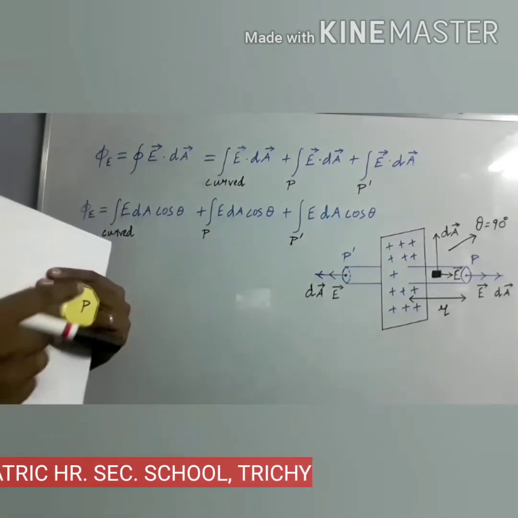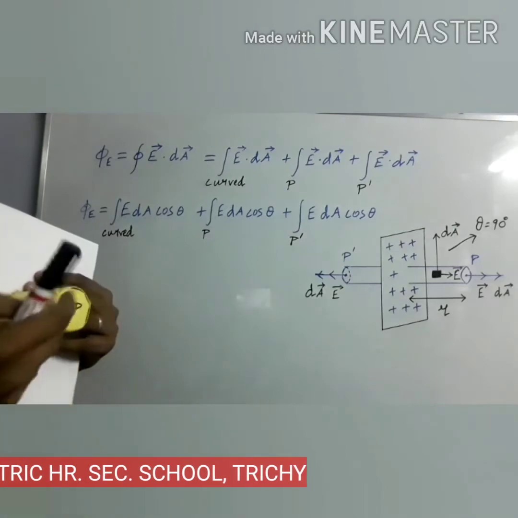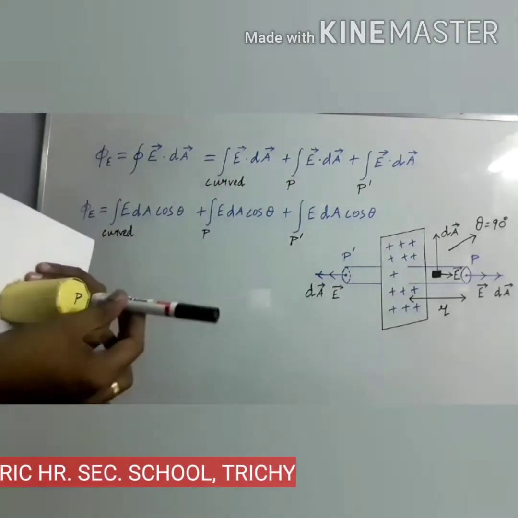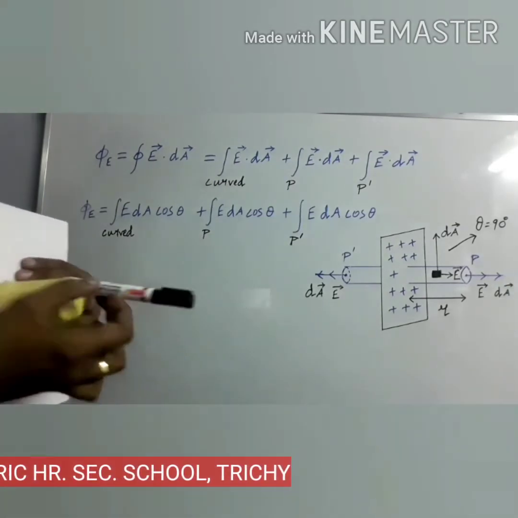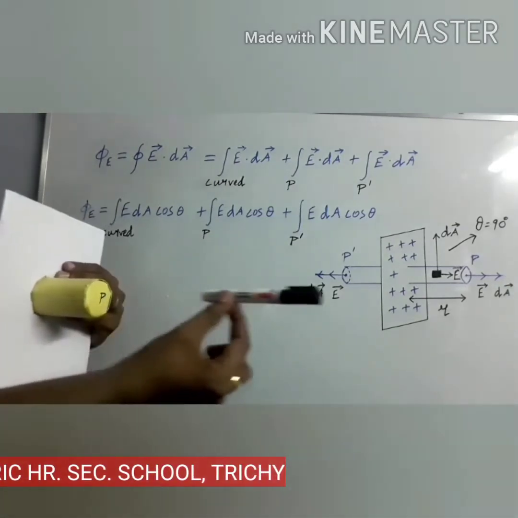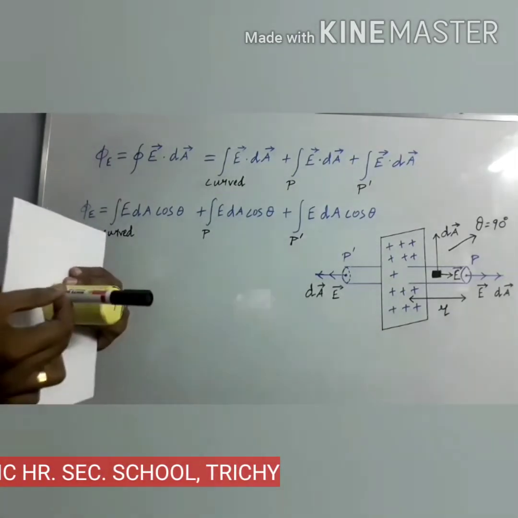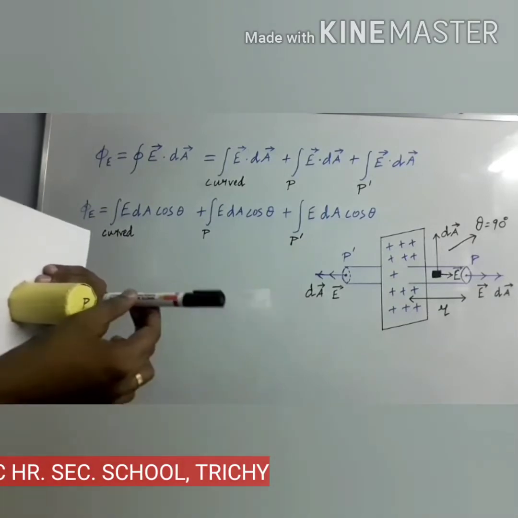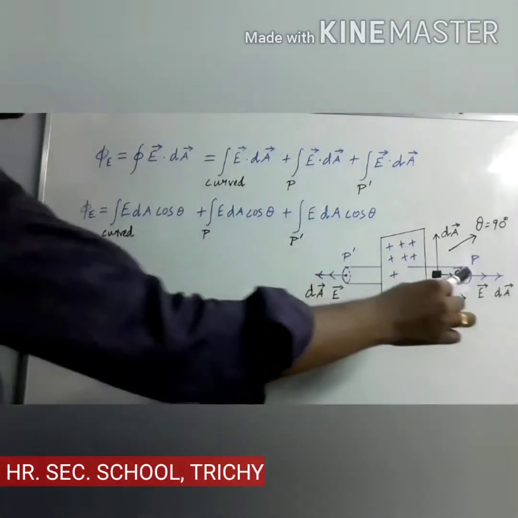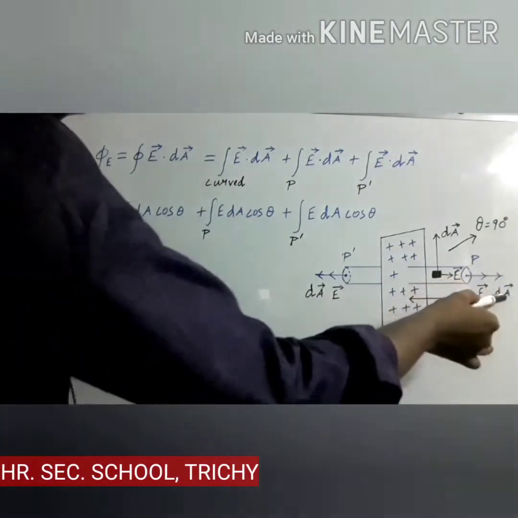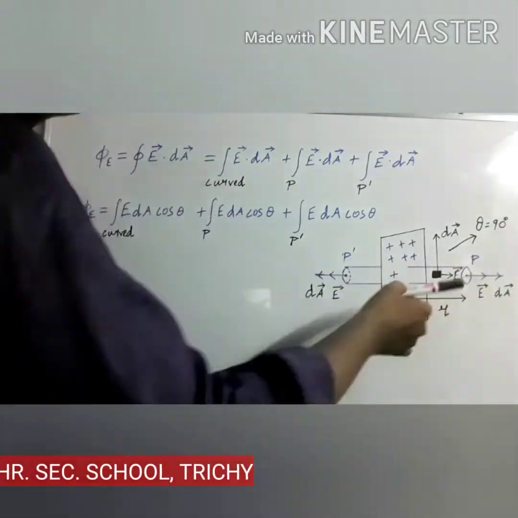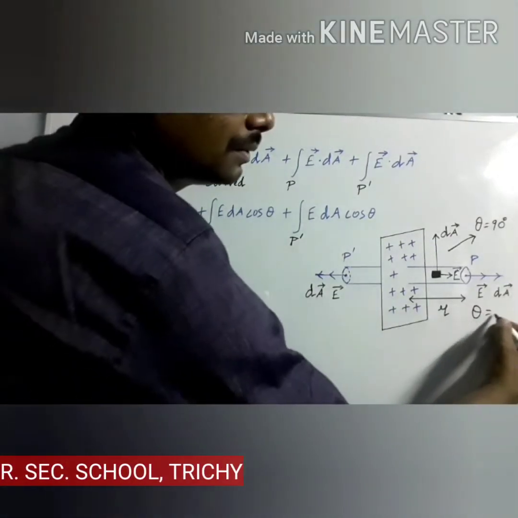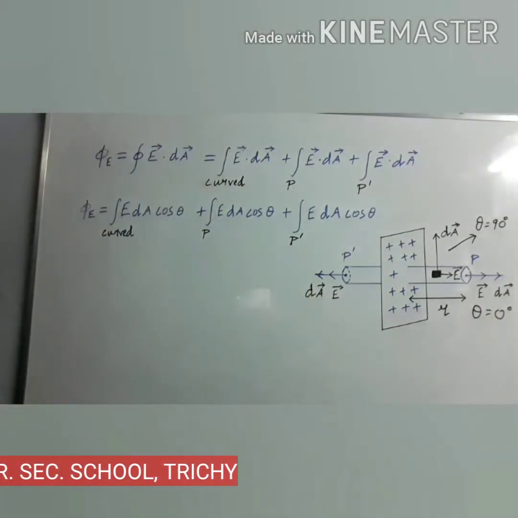Let us take the other two surfaces that contain a point P. Here we have to imagine the area element, and through that area element we can imagine the normal. What is the direction of the normal? That should be perpendicular to this area, so it acts along this direction. Now what is the direction of the electric field through that area? That is also acting in the same direction. So both are in the same direction. It is given here at the point P: the electric field and dA, that is the normal, are both in the same direction. Now what is the angle? The angle will be equal to 0.